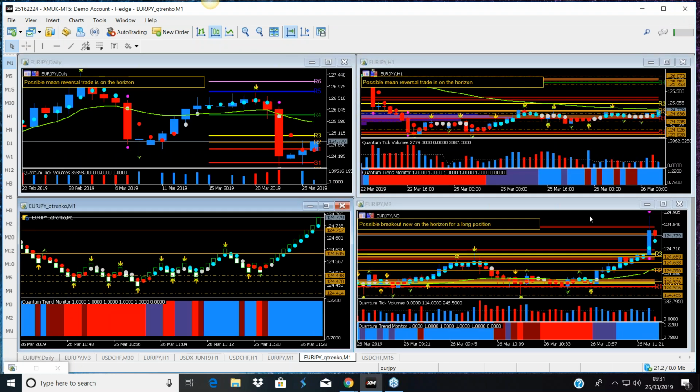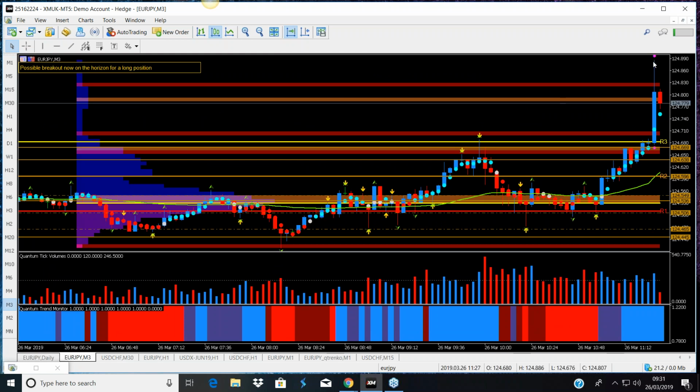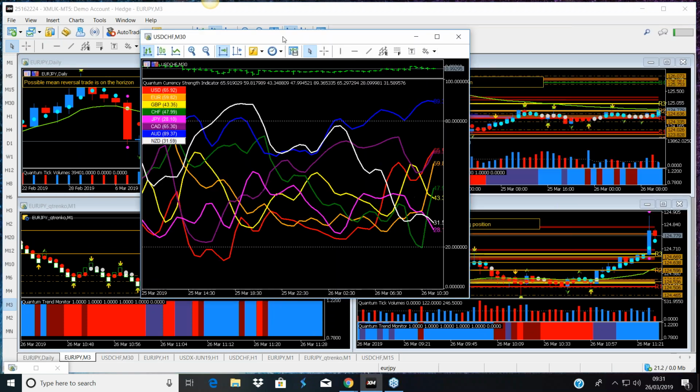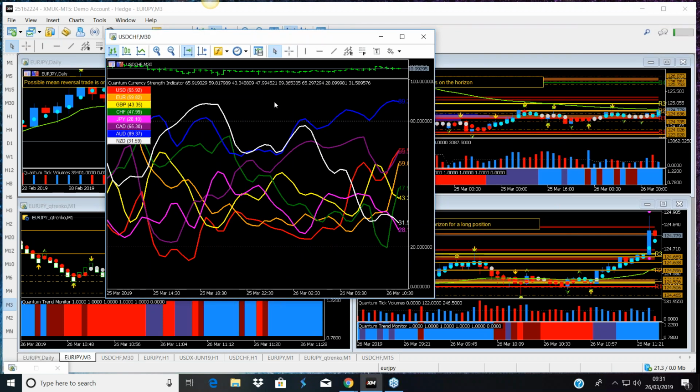The decision now, seeing this, is whether you want to think, well, do you know what? Is this going to carry on higher? How do we know it's going to carry on? It has to take out the height of this candle, so it may or may not. Looking at the CSI, this is on the 30. We do have some divergence on the 30.